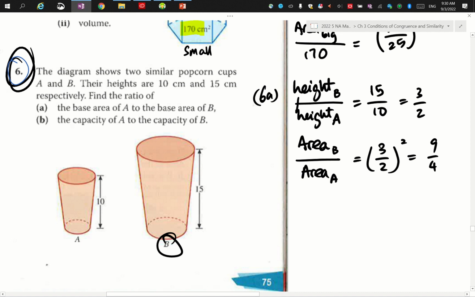Okay. So what do you want me right now? Base area of A. Oh, come on, one last line. Of base area A. Of A. The dot dot, okay. So base area of B equals to